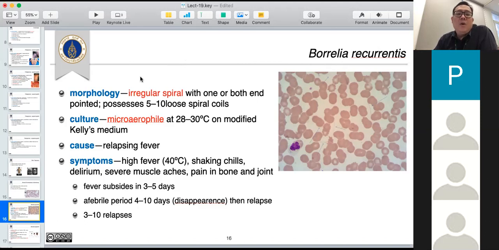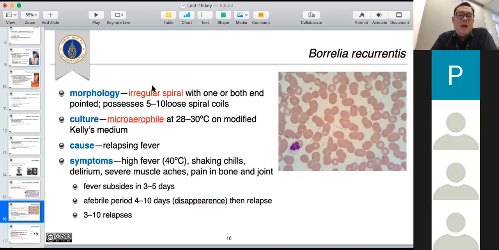It is microaerophilic bacteria growing well at 28 to 30 degrees Celsius on Kelly medium, okay? They cause relapsing fever. And the key symptom of relapsing fever is high fever, about 40 degrees Celsius. The patient is probably feeling cold, shaking, and chills, okay? That is the main